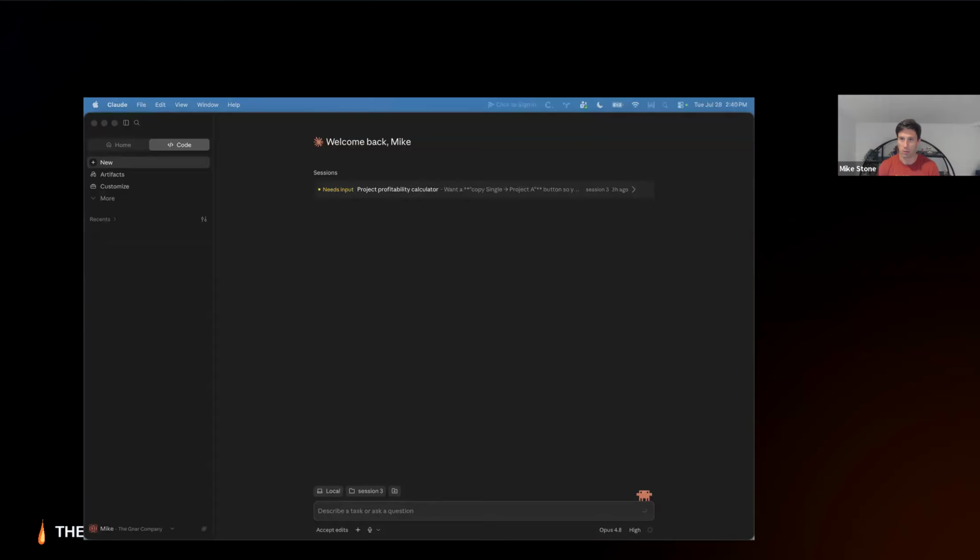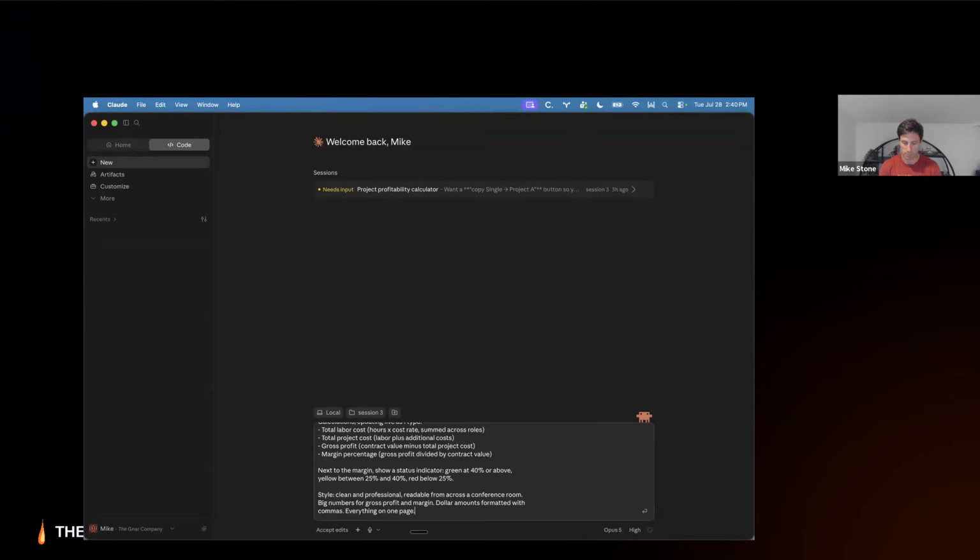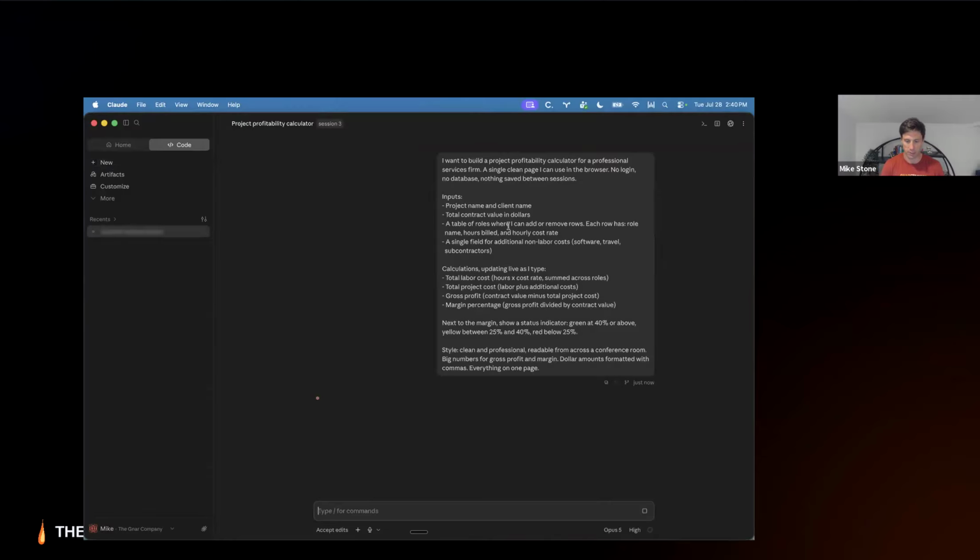I'm going to paste in a prompt here. For this example, I can change between the different models. I'm just going to decide to use Opus. Well, let's use Opus 5. It just came out, and let's see how good a job it does here. All right, I'm going to send this so we can start working on it. But let me describe what we're going to be building here.